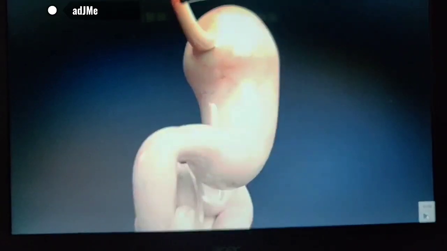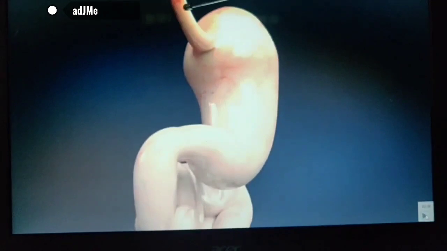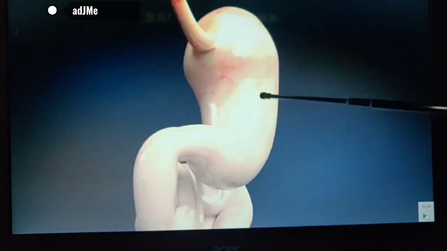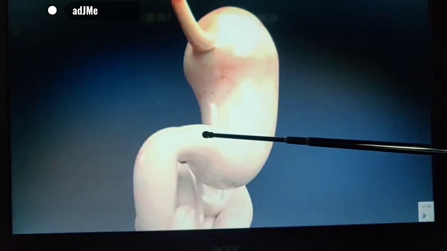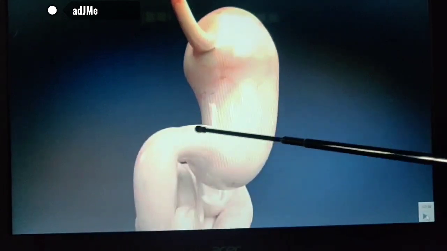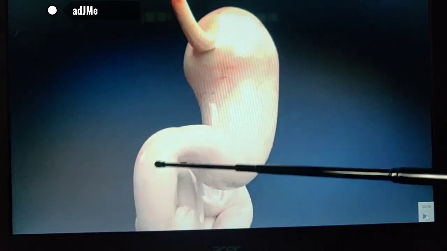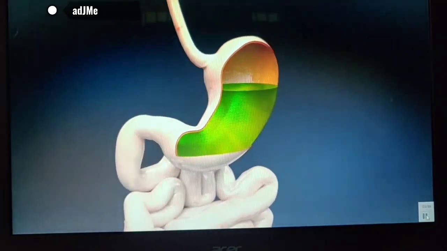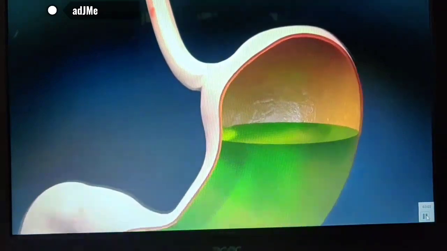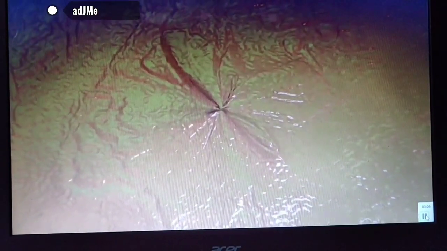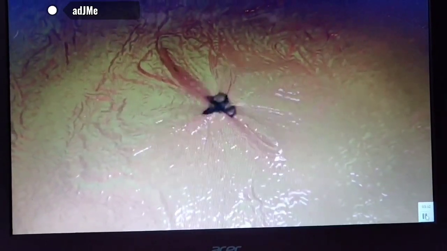These two sphincters are involved in the proper movement of the food. The cardiac sphincter enhances the movement of food from the esophagus to the stomach. After digestion, the pyloric sphincter is involved in the movement of the digested food from the stomach towards the duodenum. The first part of the small intestine is called the duodenum. So this is how the bolus, as I said before, small food balls, enter into the stomach,